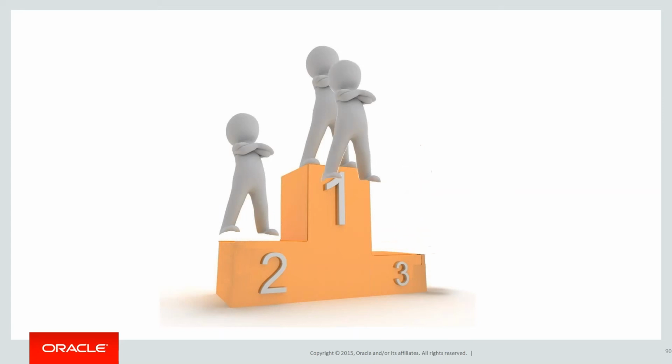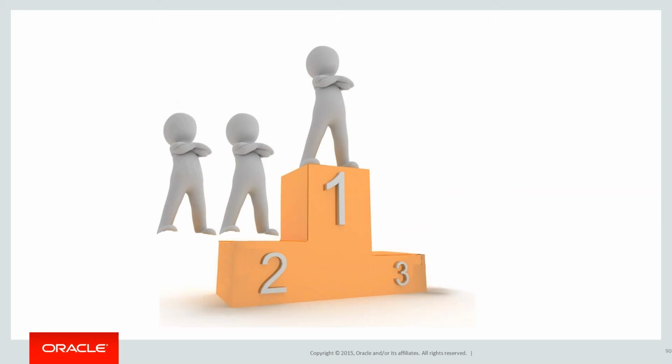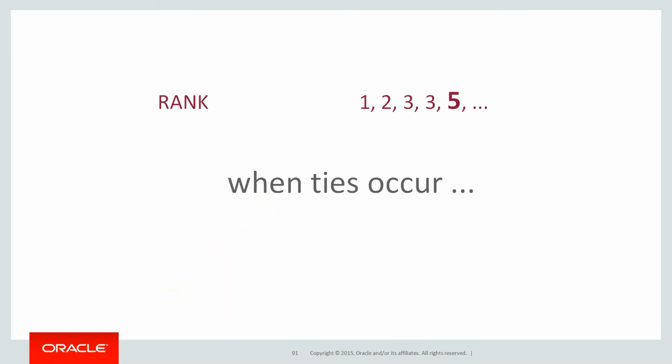But of course, what might happen in the Olympics is, if we have a tie for second, we don't have a third. We have first, equal second, and someone doesn't get third. The person that comes next gets fourth. So we skip the number 3. And that's what RANK does by default. So when ties occur, RANK skips. If I had a tie in the data, RANK would go 1, 2, 3, 3, and then the next rank would be 5. We actually don't get a fourth place. But we have control over that.